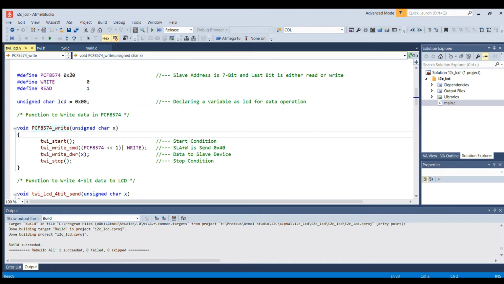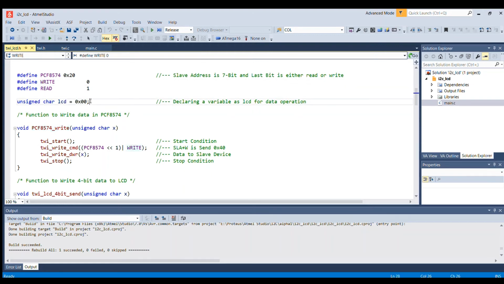Here I have given the 7-bit address, not the 8-bit address. At the time of execution this 7-bit address will be shifted by 1 bit to the left, and the last bit, the LSB, will be read or write depending on our operation. In this project we will be using only the write operation, so the last bit is 0.